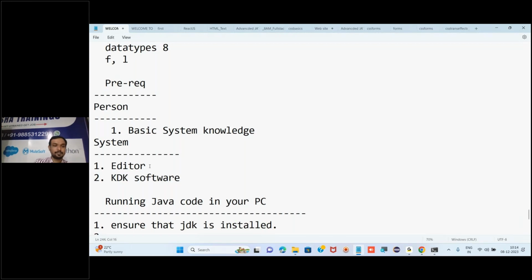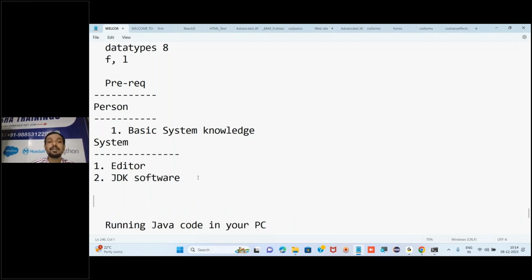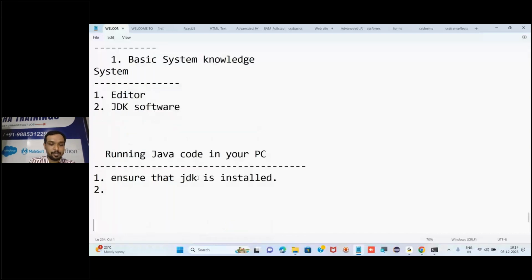That's it. What are the two things your system should have? One editor and one software. Editor means Notepad is enough. Why? Because every Windows system has Notepad available by default. You don't need to install it. Calculator is also available. Paint. Like that, a few things are available by default, sir. So you actually don't need to do anything. Only the JDK software you have to install. That's why I'm telling you to install JDK 21 today. Clear? Now the next step is